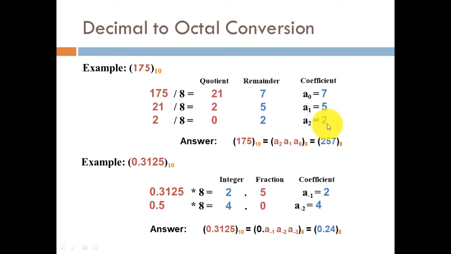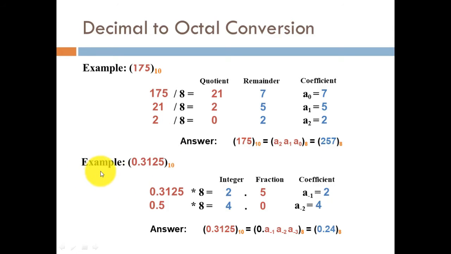We have to follow the reverse order since we are converting our integer decimal number to the octal number system. The same methodology would have been applied over here also. So 175 decimal will be equal to a2 a1 a0 of octal, that turns out to be 257 of base 8. Here you can closely observe that we have written 257, that is, we have written the coefficient terms in reverse order. So this is how we are going to convert our integer decimal number to the octal number system.